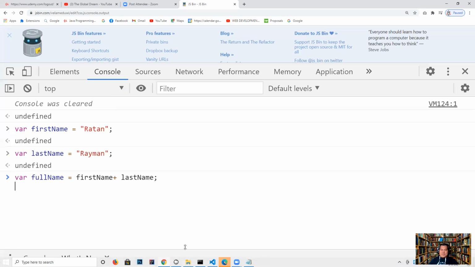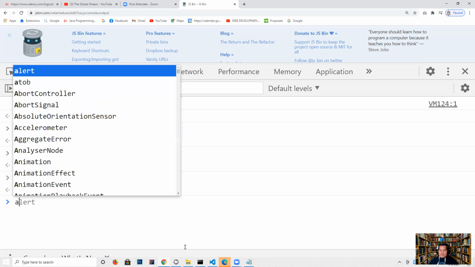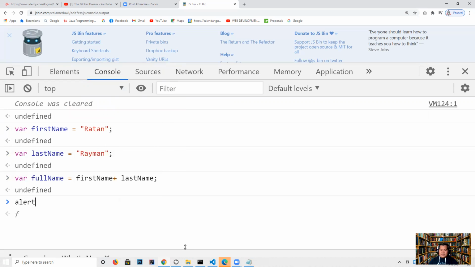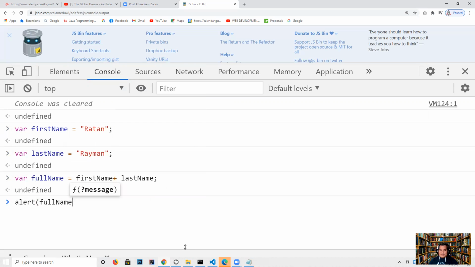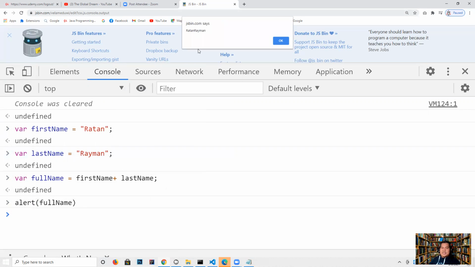Alright, and we can say alert full name. Alright, and usually it says Rotom Raymond. Okay,